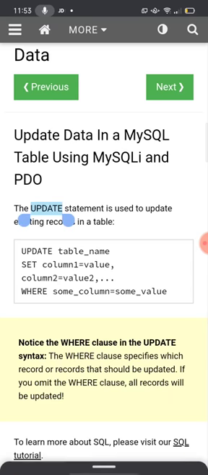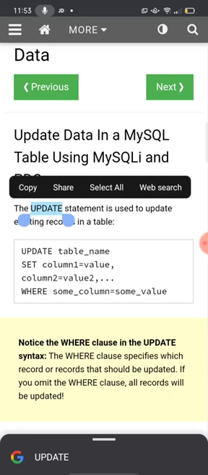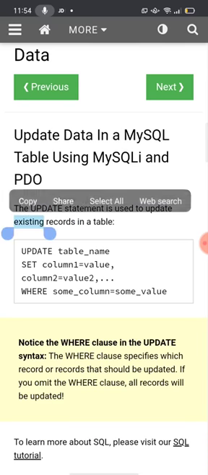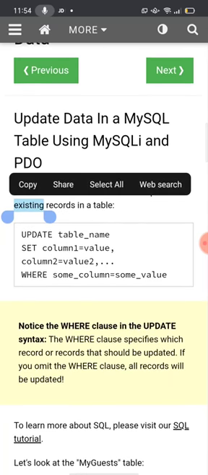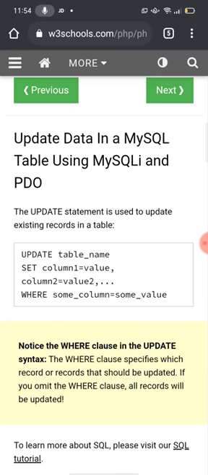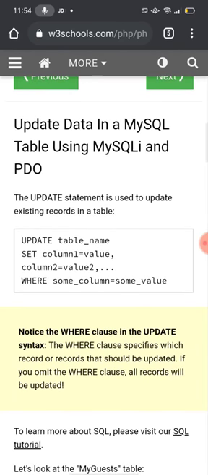What will the update statement do? Whatever record is present, existing, the word existing means whatever record is present inside your table, that table record we are going to update. The data already inside a table will be updated. Update means alter, some changes will be made in that table.